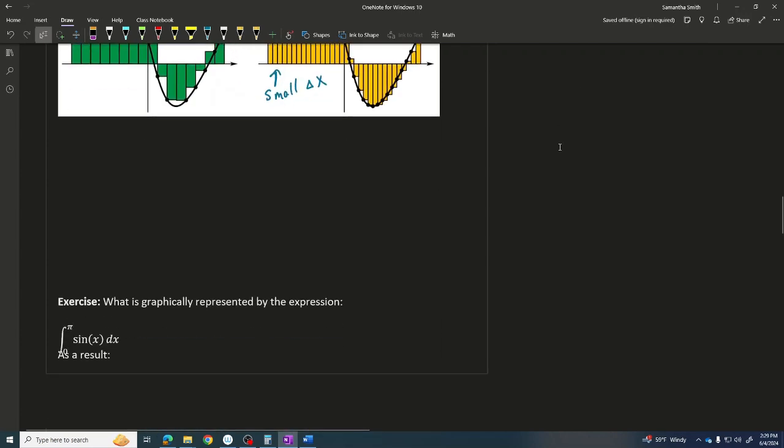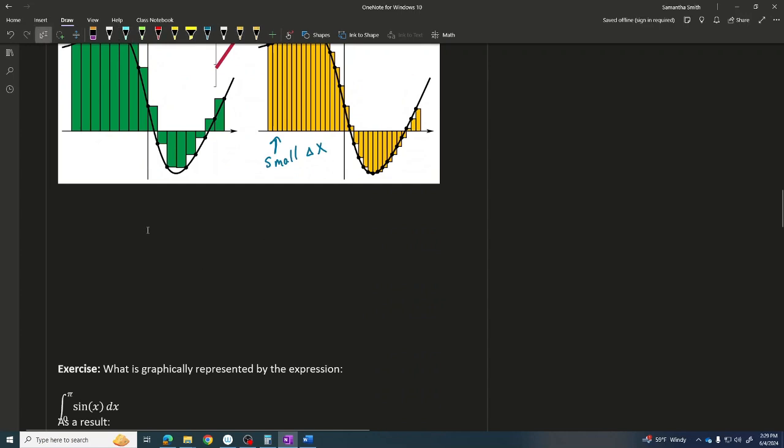And as a result, we can conclude that the definite integral of a function from a to b is no longer an estimate, but is actually equal to. It has now become a perfect calculation. It is equal to, with no error, the net area